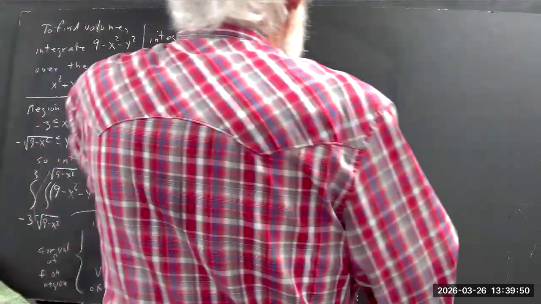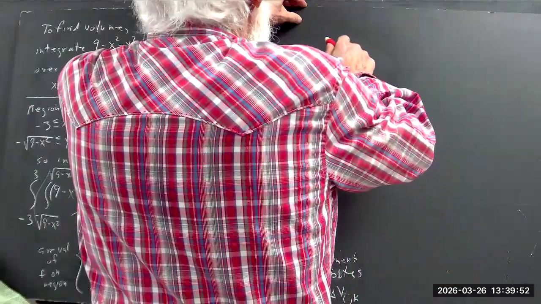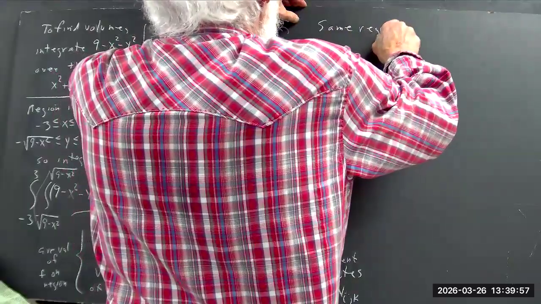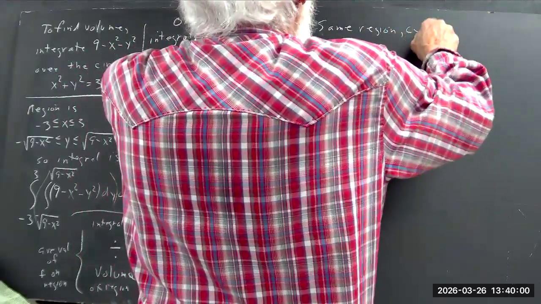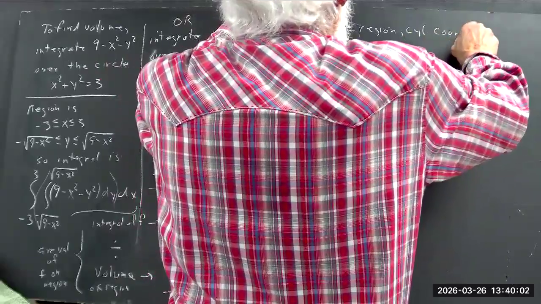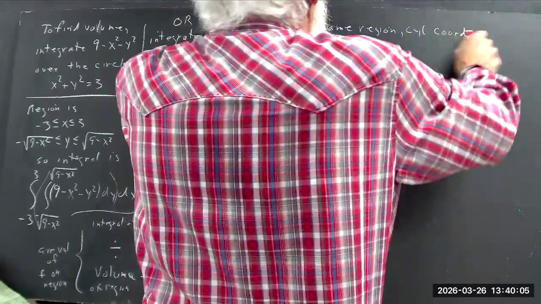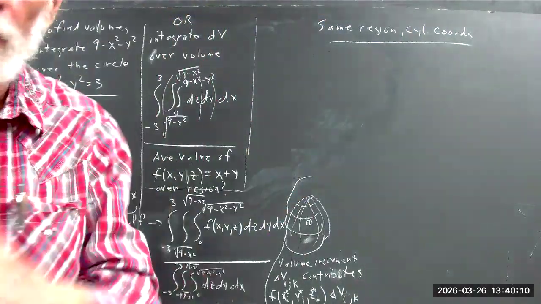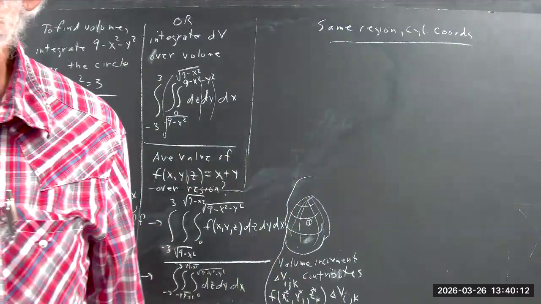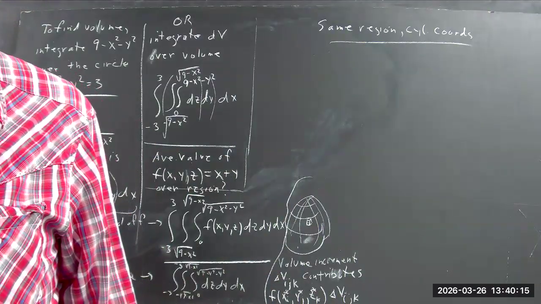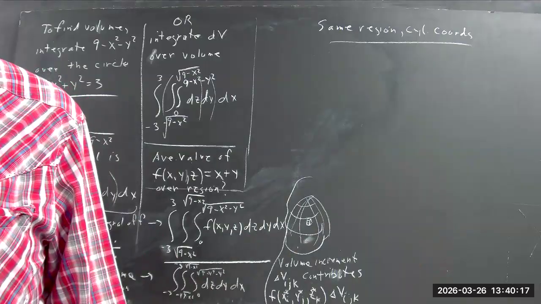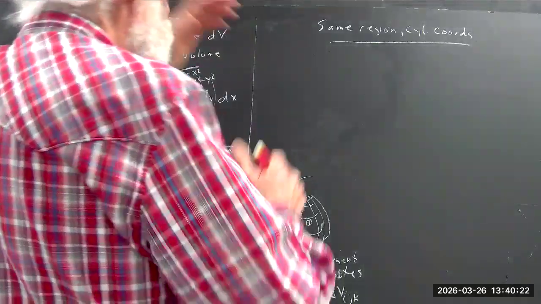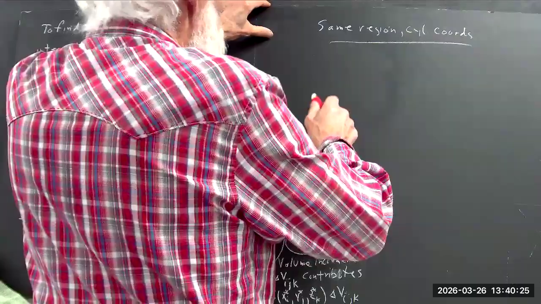Now, the same region in cylindrical coordinates. I don't know if you've had time to get to the assignment that was officially due today on cylindrical coordinates. The spherical and cylindrical coordinates, section 2.7. You want to be sort of familiar with them, but we've been talking about them. So the same region,